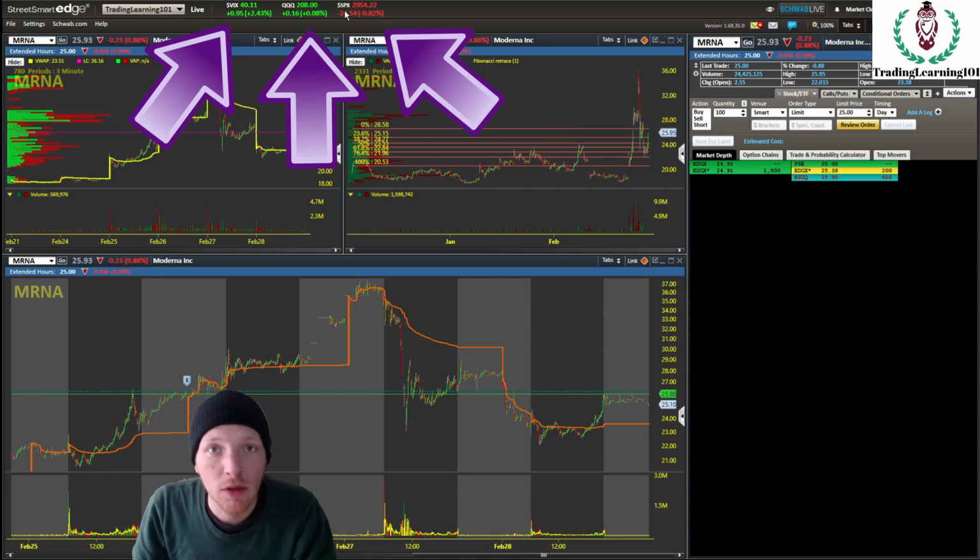Just so I could quickly glance right at this area to see where the overall market is. I can see where the fear gauge is, the VIX. I can see where the NASDAQ and the S&P 500 are, if it's green or red on the day. And if you wanted to